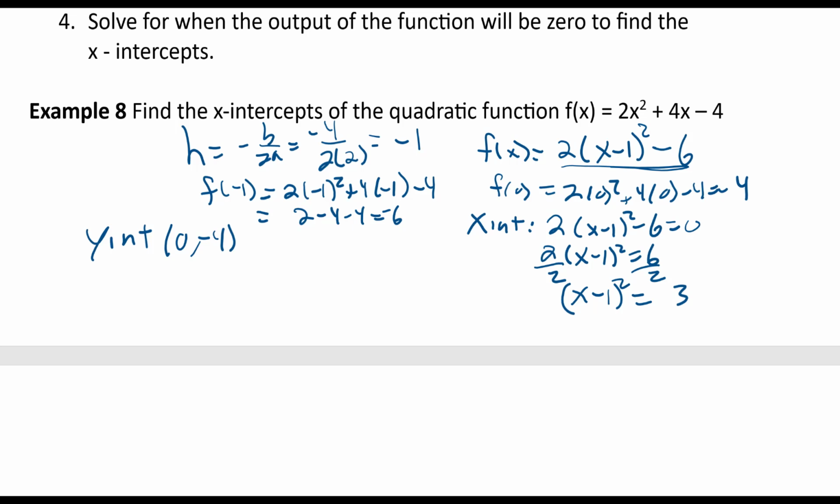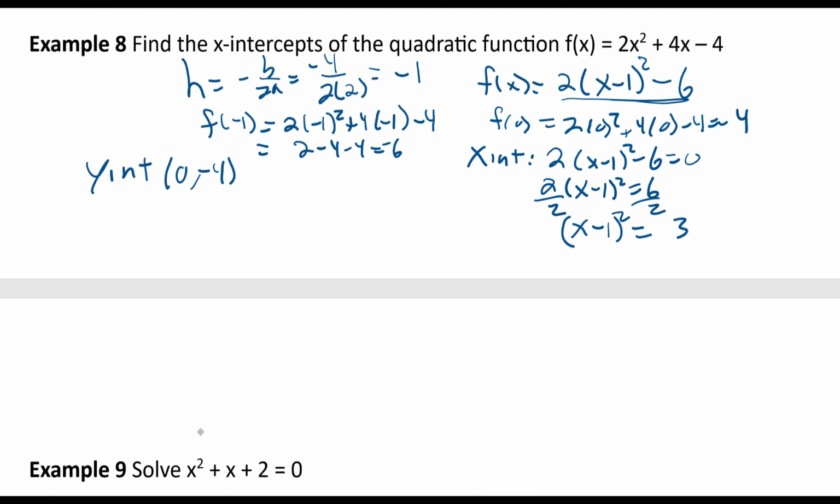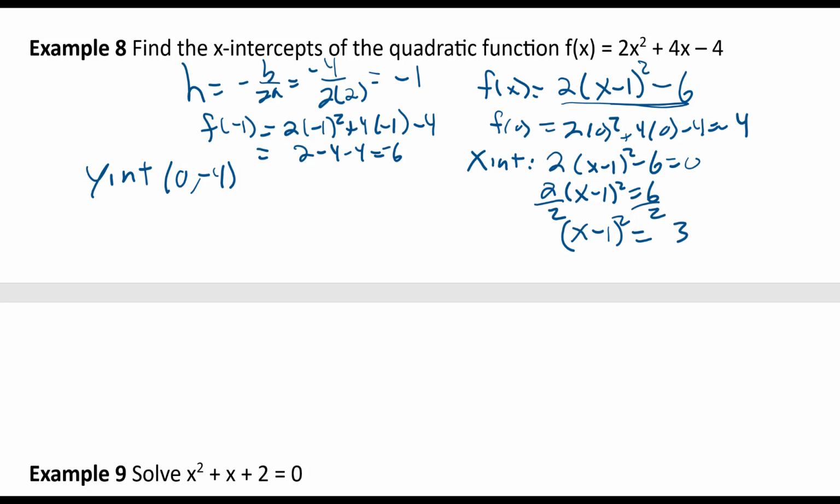Kind of run out of space. Is there something down here? Yes, we have more problems. Okay, so we have